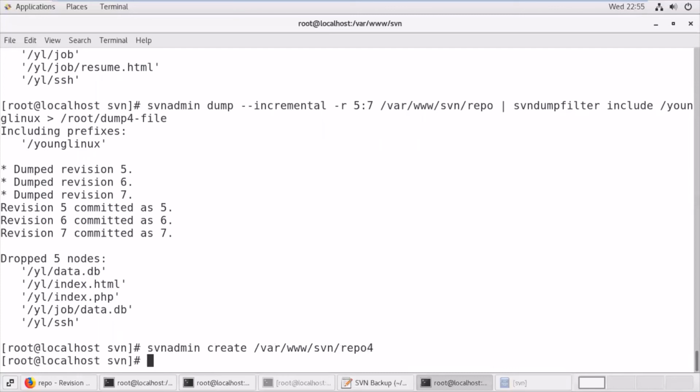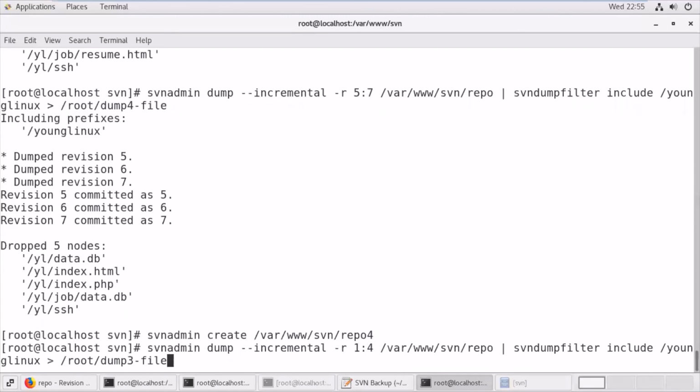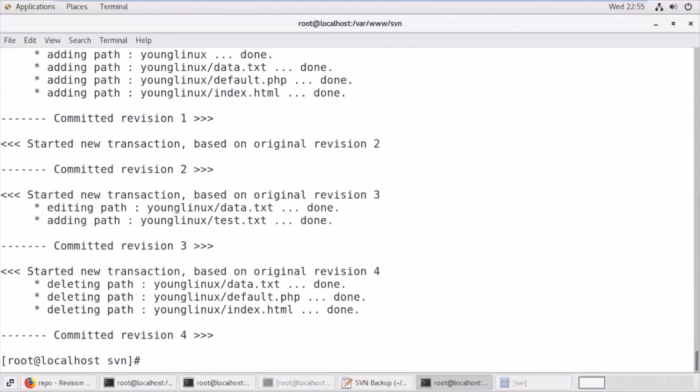Now here I will first restore from the dump file dump3, which contains the incremental backup from 1 to 4, in repository 4. It will work fine. Then I am going to restore from 5 to 7, which is inside dump4.